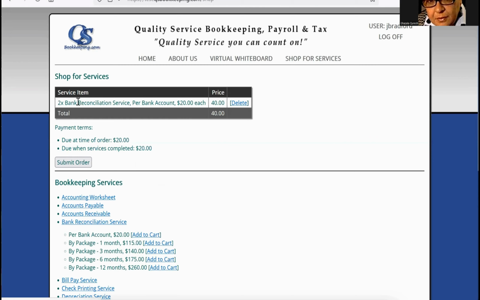It'll show you your shopping cart. Here you can delete the shopping item or proceed to payment. Terms: $20 due at the time of order and the rest due when the services are complete. So 50% you pay at the time of your order, and 50% you pay after the services are performed and submitted. So press submit order, or if you want to continue